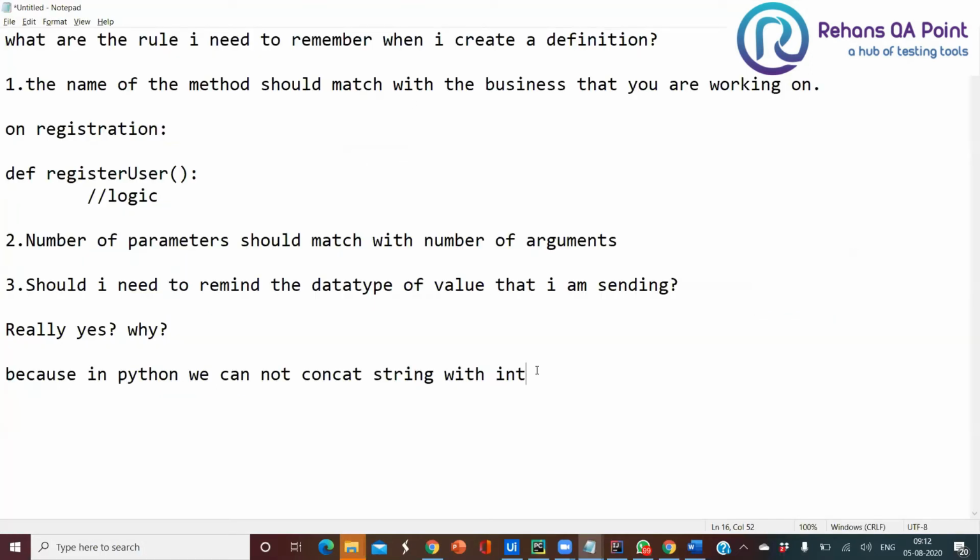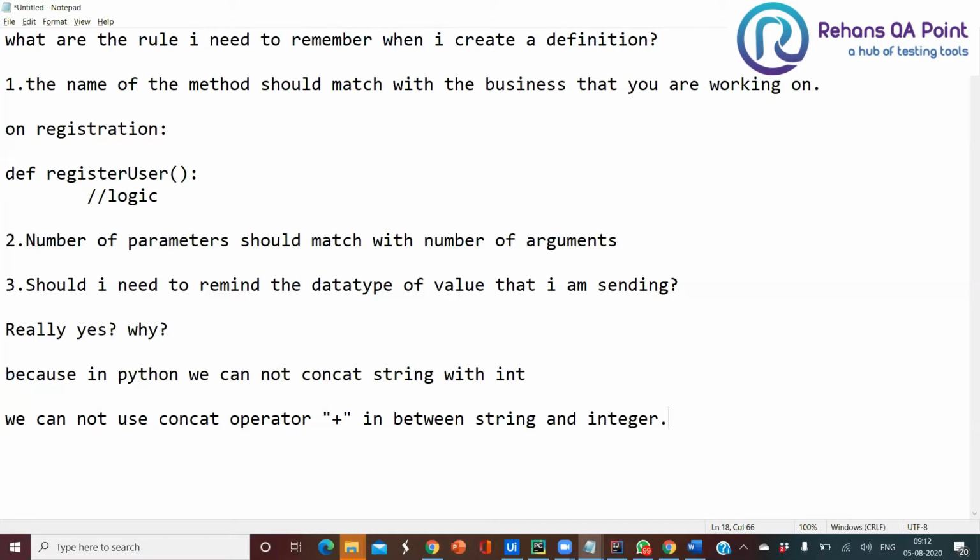Okay. So we cannot use the concat operator plus in between a string and an integer. Okay.